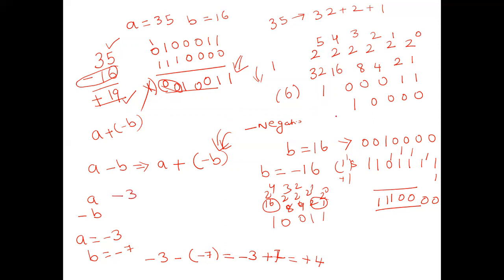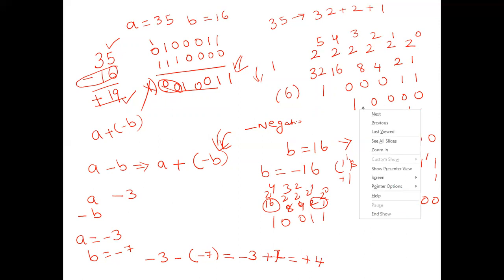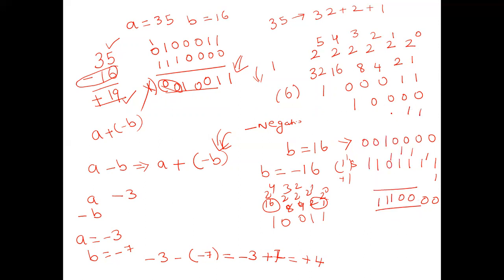So you know the maximum representation of 3 is 1 1, because 2 plus 1 is 3. Okay, so 3 will be written as 0 1 1, and minus 3 will be rewritten as 1 0 0, and 1 will be added. So the answer is 1 0 1. So 3 bits are enough. This will represent the negative number.